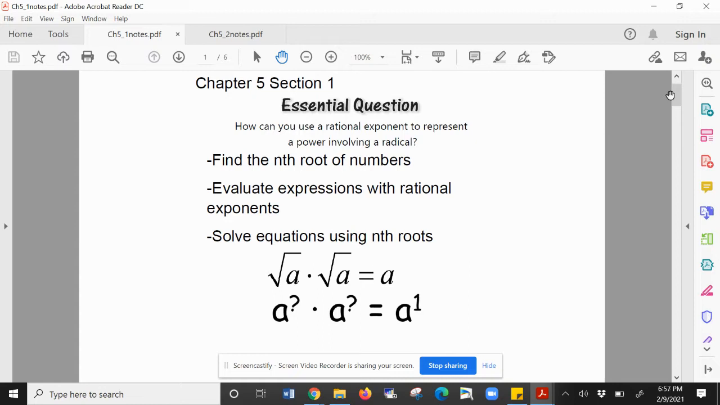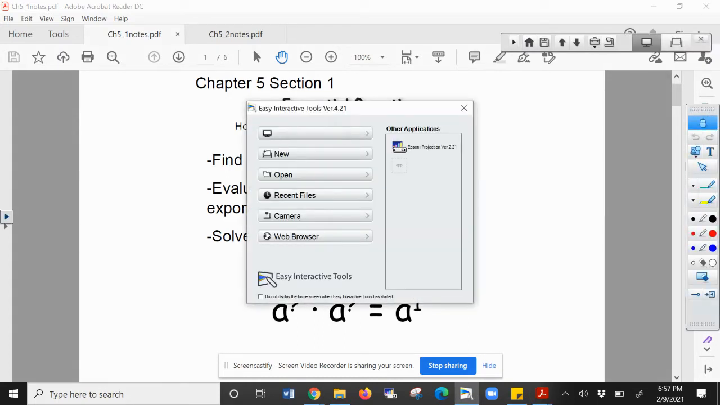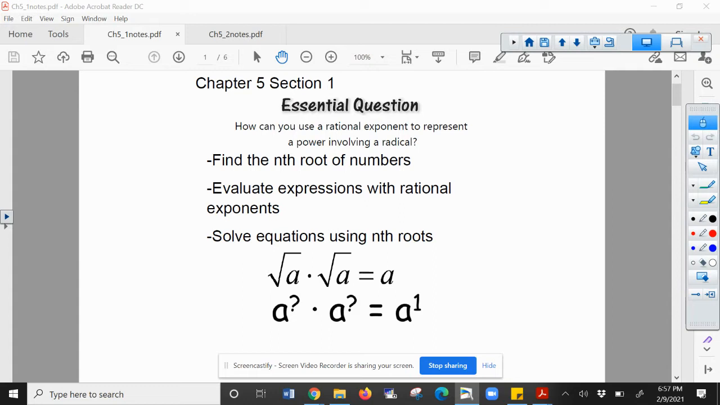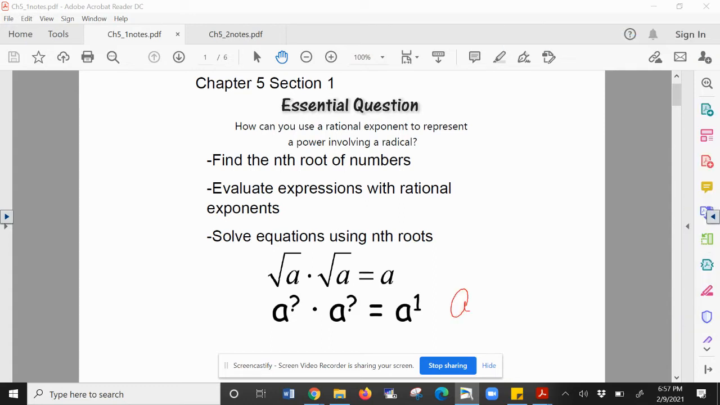So I'd start off with asking this question. If we know that the square root of a times the square root of a is equal to a, what would that make the question marks in this problem if they multiply up to a to the first? So a to the what power times a to the same power is equal to a to the first? The answer is a to the 1/2. A to the 1/2 times a to the 1/2 is equal to a to the 1, because if you have two numbers with the same base and you multiply them together, you have to add the exponents. So 1/2 plus 1/2 is 1, which means that, and this is the key to the whole chapter so far,